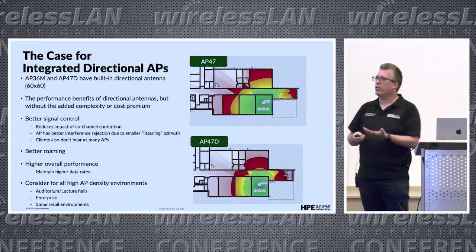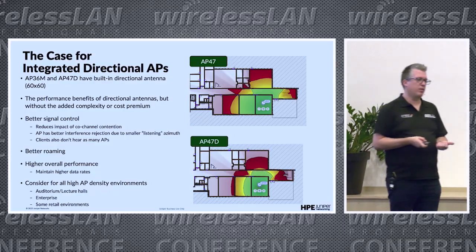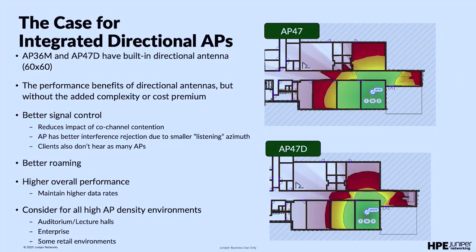And so that's the use case as to why we do integrated directional antenna access points. Wes and the team have done a fantastic job at designing some of these, and we're not the only ones doing this these days. There are a lot more options out there that you can look at. But we've certainly seen the benefits of this, not only from an ease of deployment, but in terms of finding that balancing act between not having your APs too close together and having them too far apart with too high